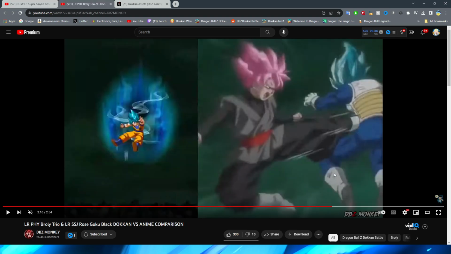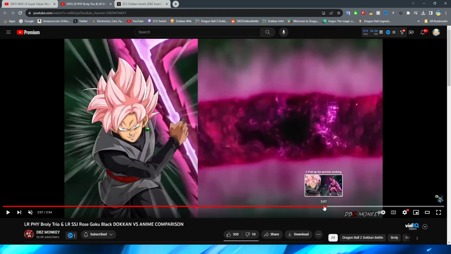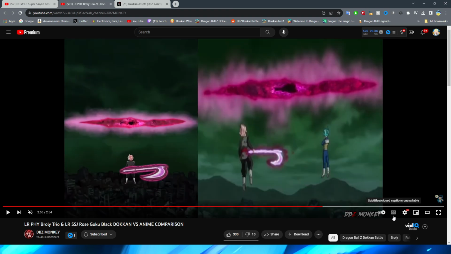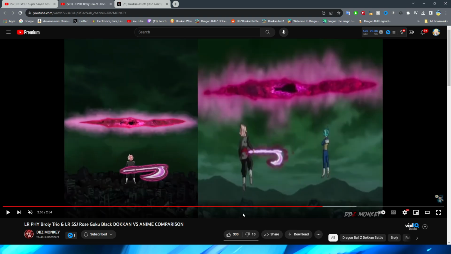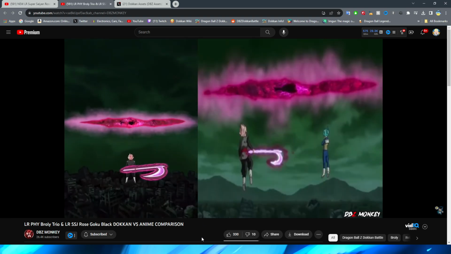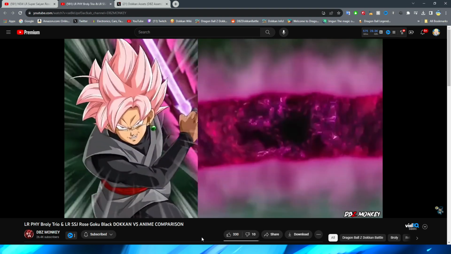Now, I will say, the cool thing about this animation, if we go back to the beginning of the comparison here, is in HD? I feel like this doesn't look like 1080p. Maybe it's just because the Dokkan animation is not super high quality. If we take a look at this, with Goku Black,